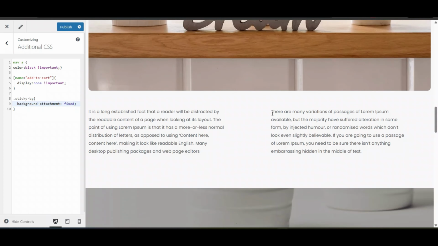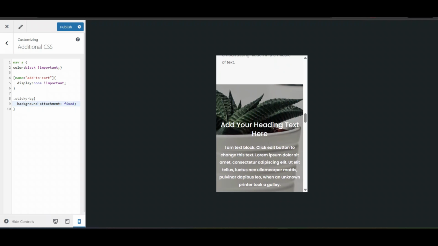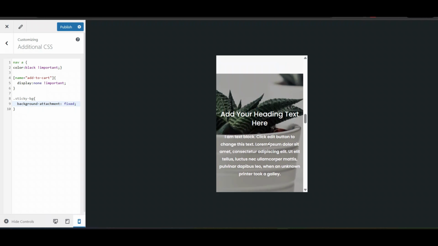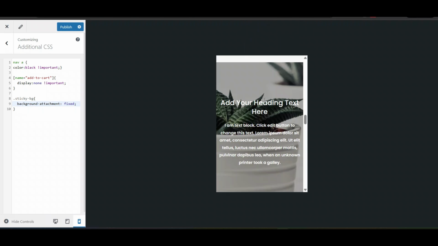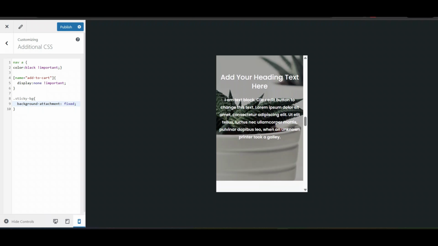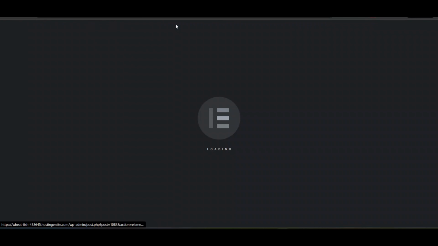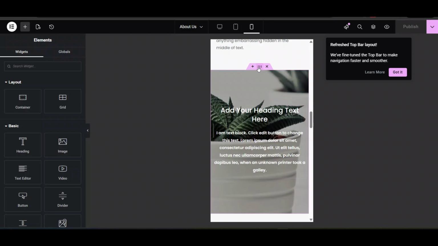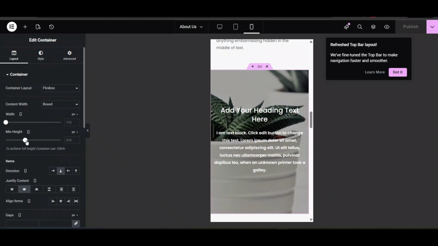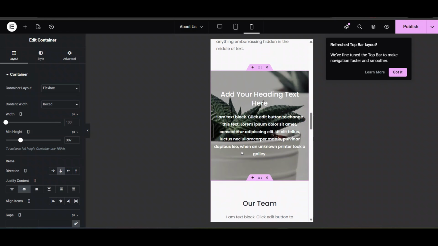Just do it. As of now, you can see it's working on desktop view, and when I go on mobile view, it's working. You can see. And the height for mobile view you can set from your Elementor. Now publish it. Now go back to edit with Elementor. In mobile view, you can see now it will be working. Now if it's too much height, you can set the height from here as per your need. You can see it's working very good.